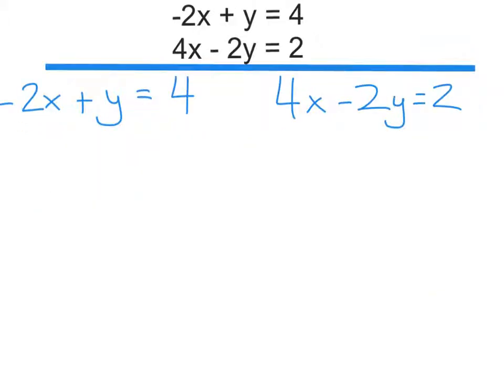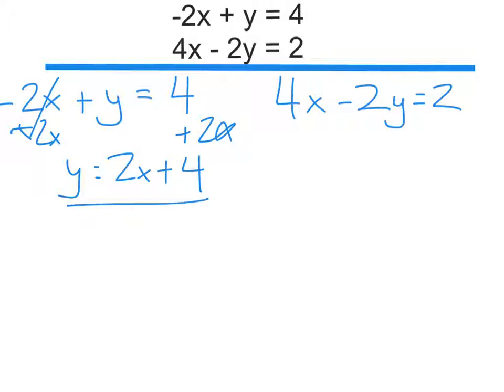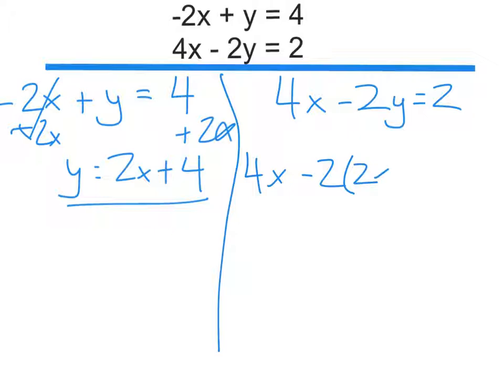Last example here, we're going to take our first equation this time, which is over here, and we're going to solve it for y, because again, it's easy. All we have to do is add the 2x over. So let's do that. We'll do a plus 2x and a plus 2x. Those cancel, and we get y equals 2x plus 4. This is our substitution equation. Plug it into the other equation, and don't forget, we solved this one for y, so we have to plug it in for the y. So we have 4x minus 2 times, and instead of y, we replace it with our substitution, 2x plus 4,